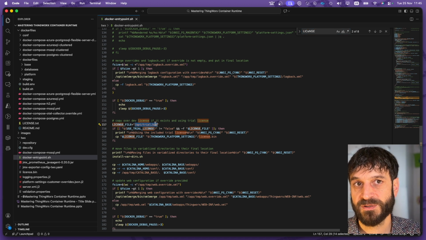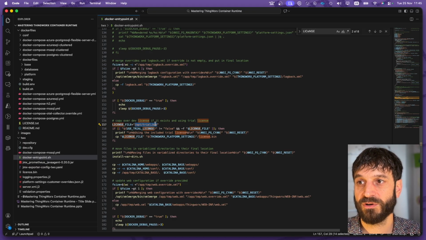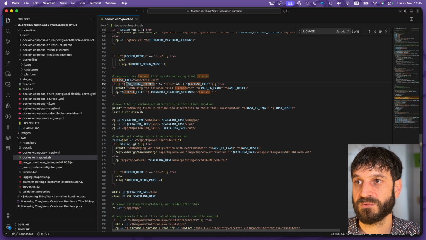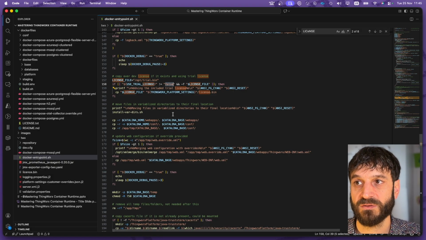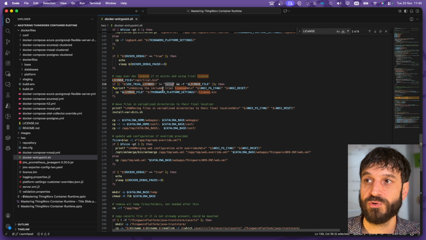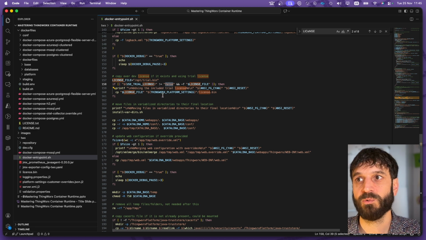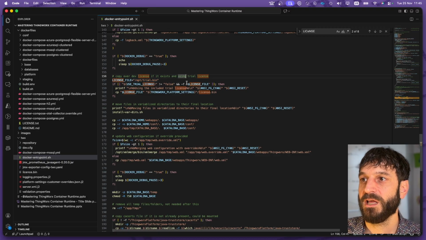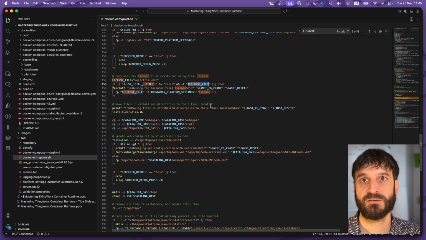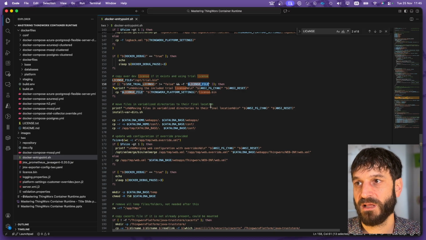In the documentation, there's reference to trial licenses. However, this doesn't actually normally work when you just take the Docker Compose files. And the reason is really just a question of some environment variables. I believe it's this one. This environment variable needs to be set and not false. So basically, you just need to have this use trial license environment variable set to true. And it will pull this file in and use that as a trial. Okay. I guess the challenge is you can't also mount a license file and say I want to use a trial,